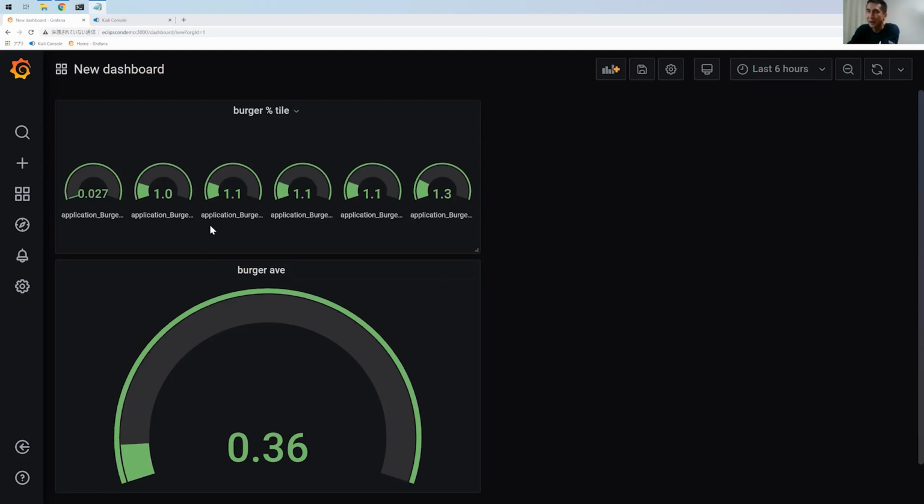If you care about percentile information, you also need to look at this kind of information, and you adjust the timeout value until the response time satisfies your SLA.